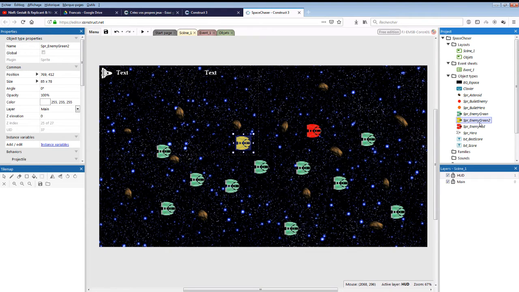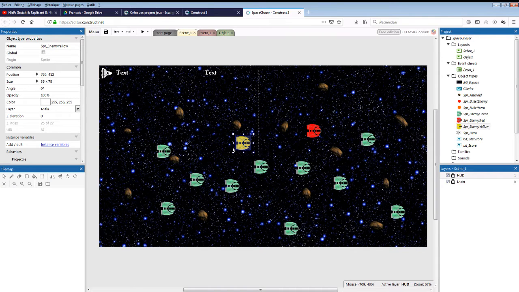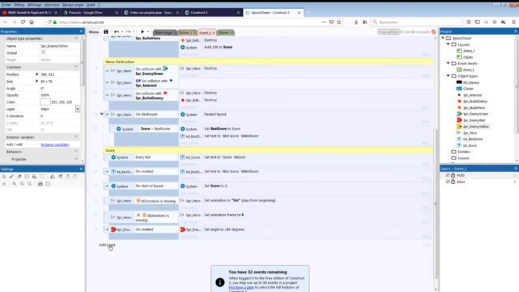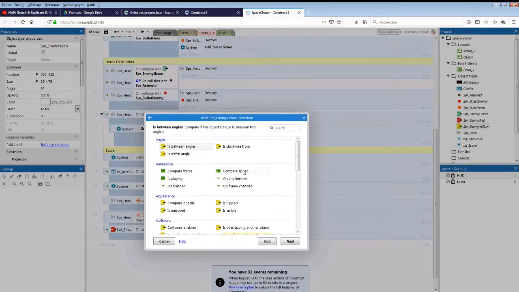All right, so let's rename it to enemy yellow. Okay, so what we want from this, we want it to basically go toward us. Instead of going left like the others, we want it to go toward us. So it's going to be much more threatening. So if we go to event, again, we're going to find a way to make it easier for us later. But right now, we're just going to say,